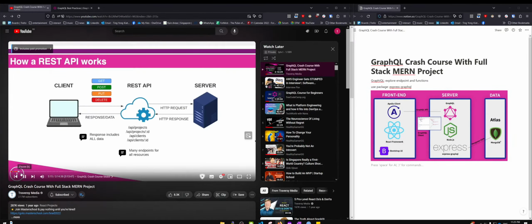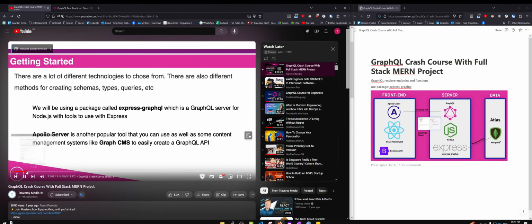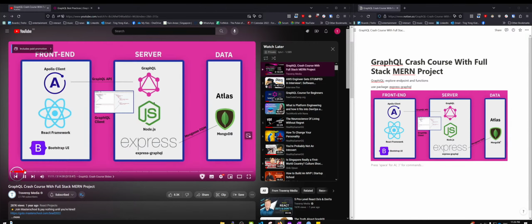Certain endpoint of a REST API. In our current REST API object, the GraphQL